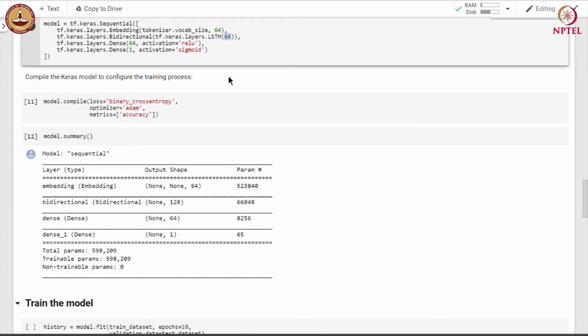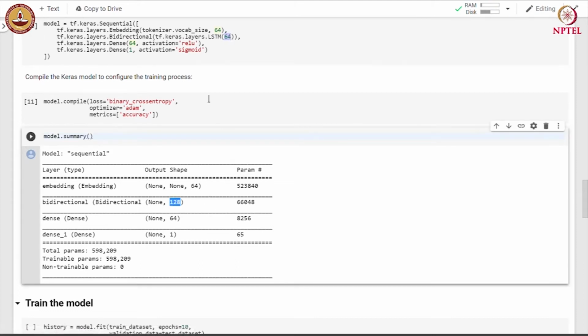So, concatenation of that results into output containing 128 numbers. The dense layer outputs 64 numbers, as we are using 64 units here, and the final layer outputs a single number.